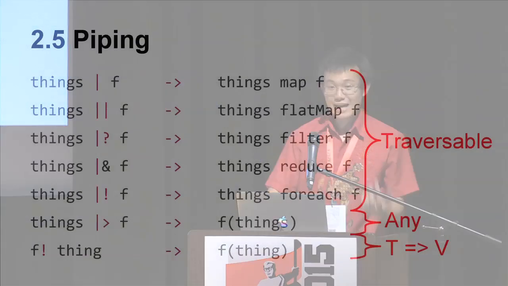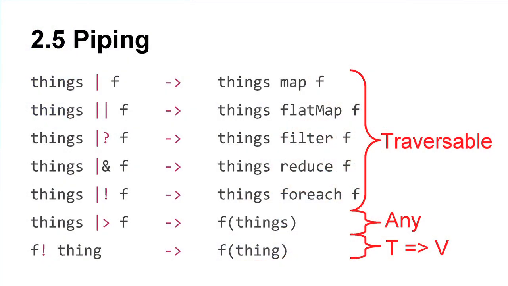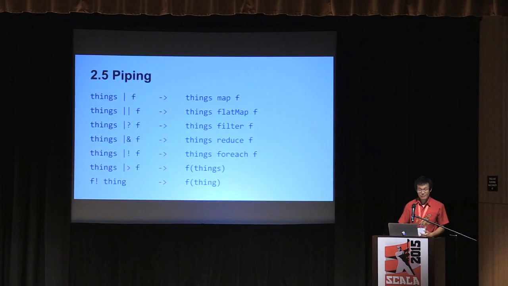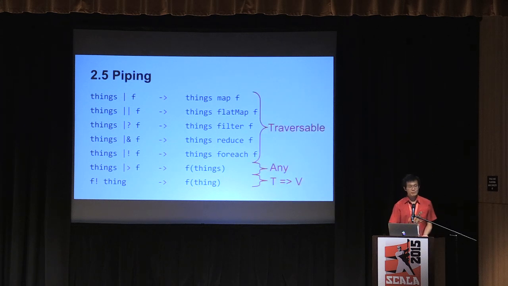Bash supports piping, and there's no reason why Ammonite-Ops should not support piping as well, if the goal is to make something similar to bash so that we have some hope of replacing it. So Ammonite-Ops provides a bunch of aliases for methods on common types. For example, there are traversable aliases that look like pipes and basically do traversable things. You have the forward pipe on any value, which reverses it to call the function. And you have bang, which just calls the function and saves you parens and does nothing else.